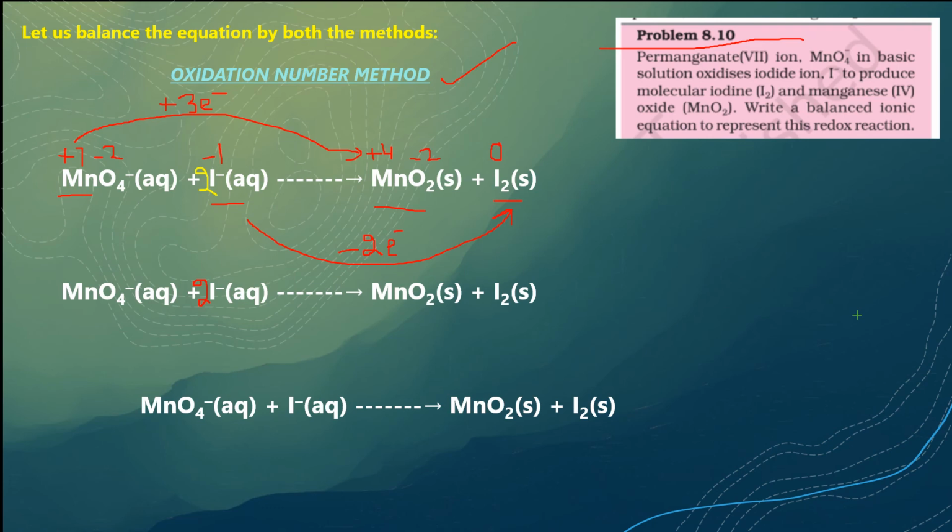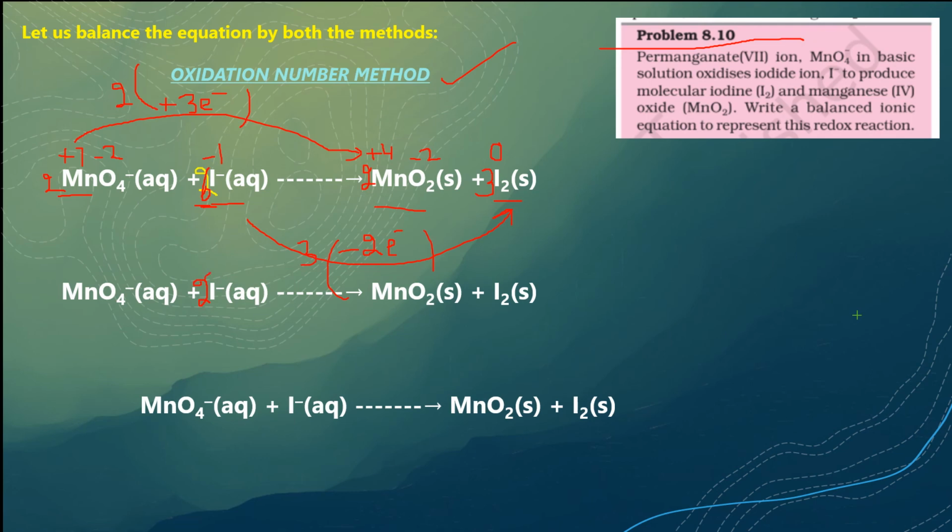How to make this 3 and 2 equal? If I multiply here by 2, that means 2 here and 2 here, it becomes 6 electrons. And if I multiply here by 3, that means it is already 2I negative. It becomes 6 here, 6I negative. And on the right hand side, 3. Be very careful. I have multiplied it by 3 and there was already 2 here. If I forget to write this 2 initially, I'll write 3I minus giving 3I2, which is impossible. There have to be equal number of these atoms on both the sides. So this is something very important.